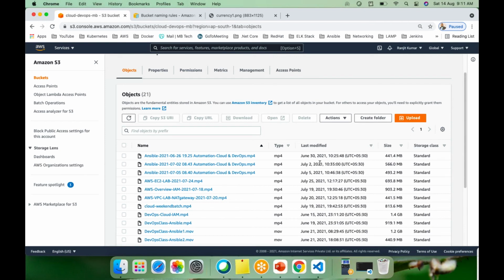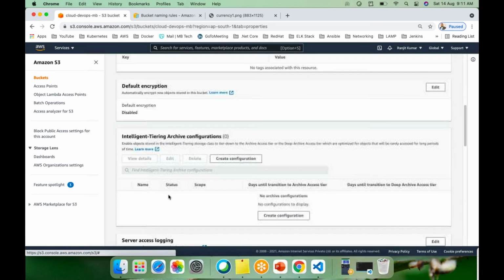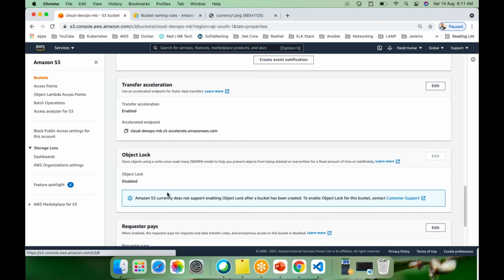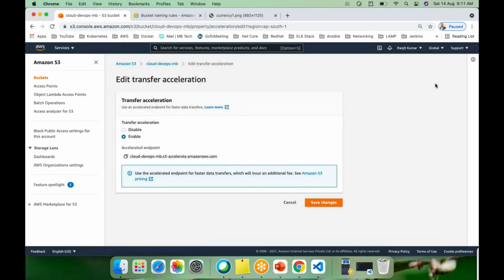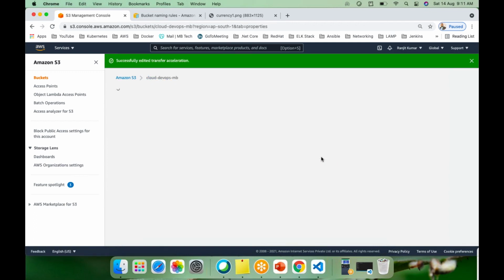Okay, so as I told you guys, S3 gives only 5 GB free. Only 5 GB comes under the free tier, but the rest will be chargeable. So if I go to my S3 section and see the files, I have uploaded more than 10 GB or 15 GB of files.